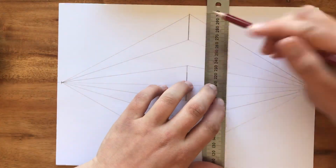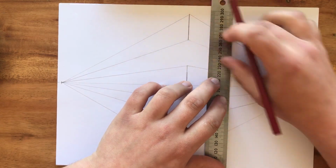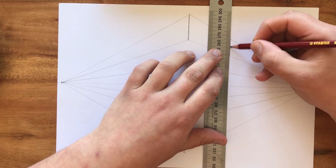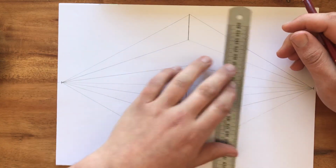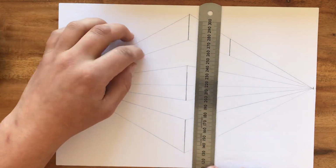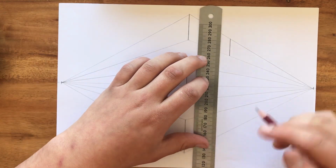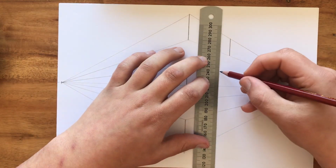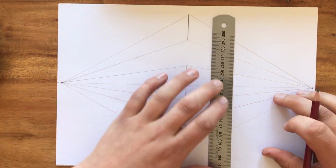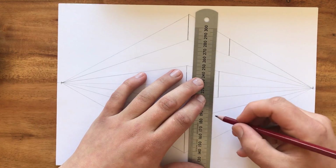So my first one I'm going to draw at the top, and it's going to go between the first 2 construction lines, okay, because they're the ones that go to that vanishing point. So I'm going to go just there. If you're going to move it about, that's absolutely fine. Just make sure it's still parallel to these lines that are running through the middle. This one that's right in the centre, I'll go there. So that's between those 2 lines. And on this one at the bottom, I will go here. I'm going to go in even a little bit more,